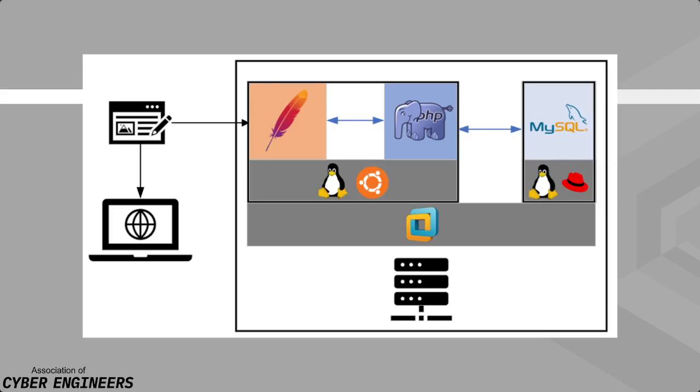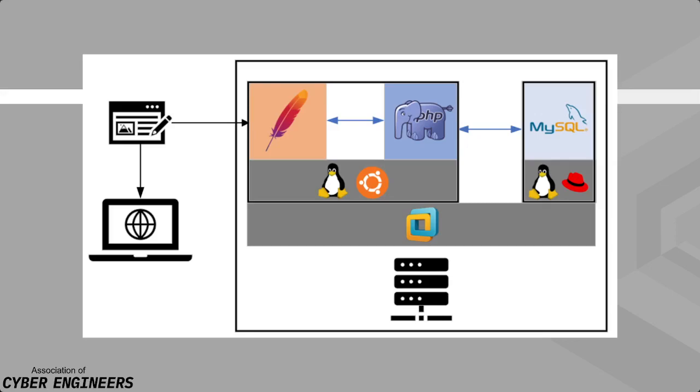And if I want to be scaling this up and down quickly as demand changes, i.e. multiple people are connecting to my website and it's too much for one Apache server, but the MySQL server is doing just fine, now what I can do is spin up an extra Apache server, have it point to the same MySQL server. But that takes a lot of storage and it takes a lot of time to boot up. So I'm looking at 30 seconds to a minute of actual extra time to boot that up. But when you've got hundreds of thousands of people going at this server, it makes a difference.